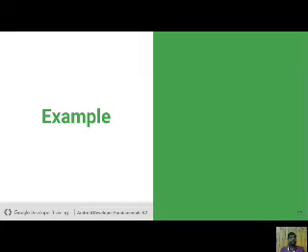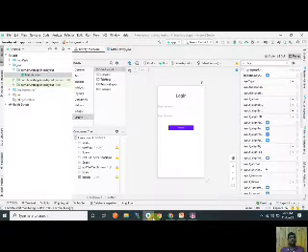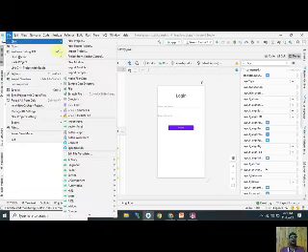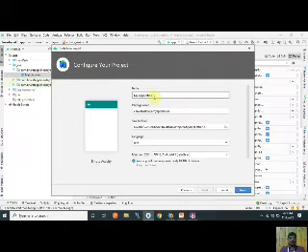Now I take an example to create a simple constraint layout. I open Android Studio. The first step is to create a new project for the constraint layout. Select the empty activity for the beginner. Now give the name of that project.